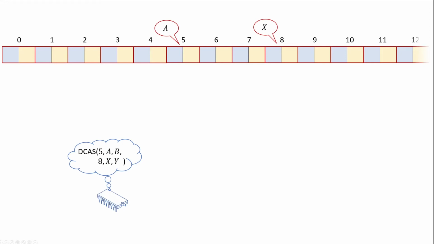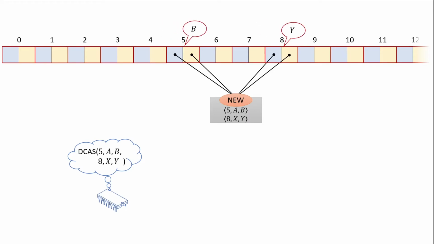To perform a DCAS operation, we will create a descriptor describing the operation as in the DCAS algorithm. Our goal is now to attach the descriptor to the four BDCAS entries that correspond to the two affected addresses of our DCAS operation. If we succeed, then we can change the status of the descriptor from old to new. This will then instantaneously change the interpreted values of both DCAS array entries as desired.